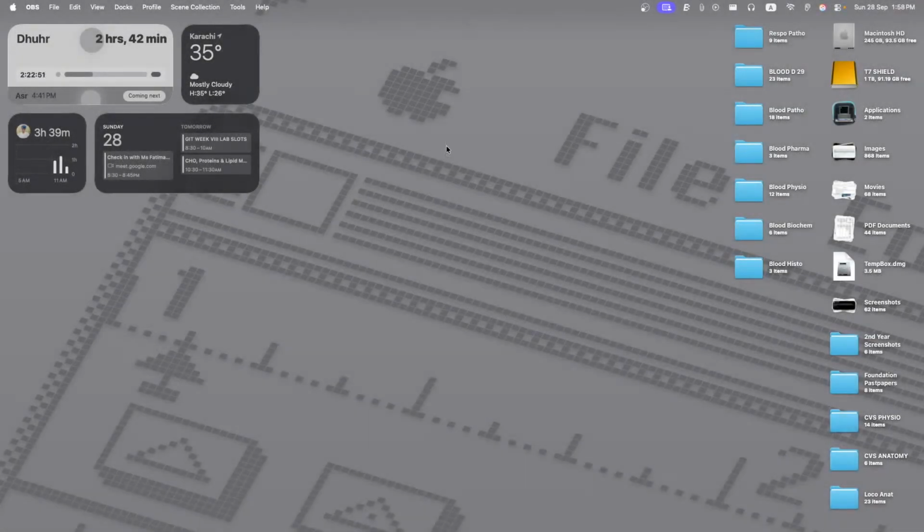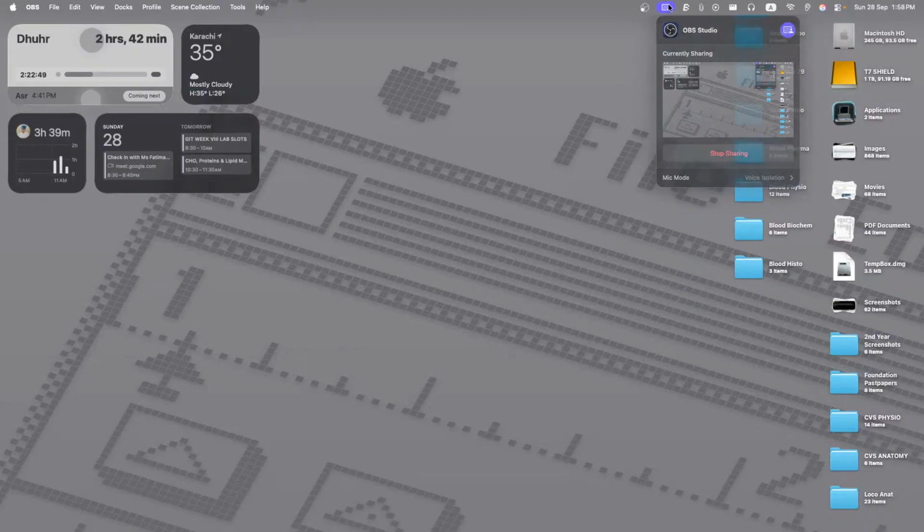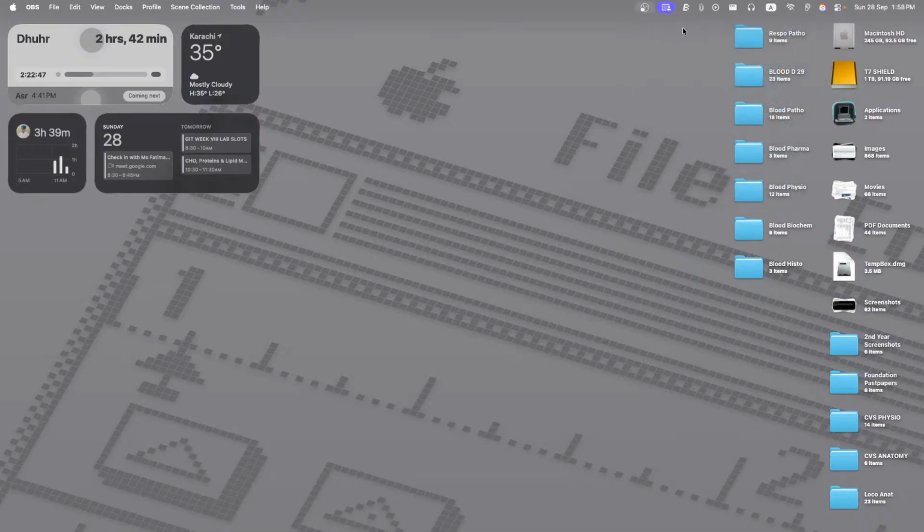Let me see what output I am getting, because if it's black on here, then that is a problem. Let's see. Oh, it's black. Interesting. What do I do to